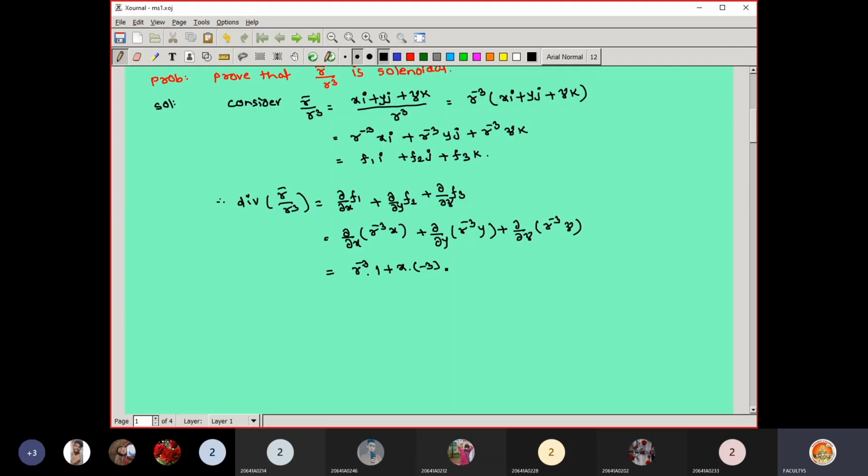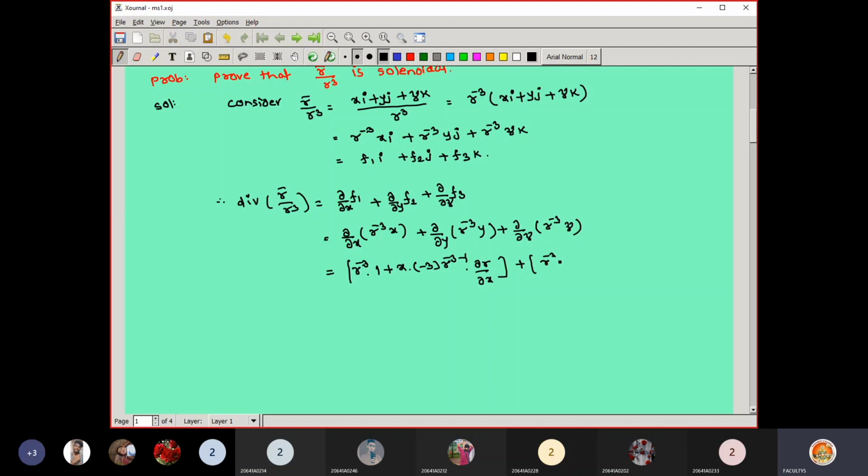So minus 3 into r to the power of minus 3 minus 1 into, whenever you are taking the differentiation of r, better you write down into dou r by dou x. This is the clue. So this is for the first part. Similarly, you are going to the next one, dou by dou y of this value. Again, here also you are using UV rule.